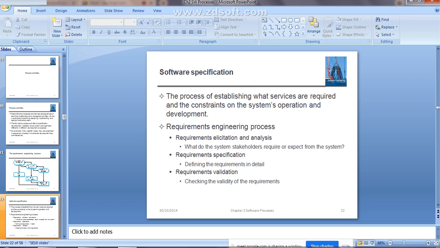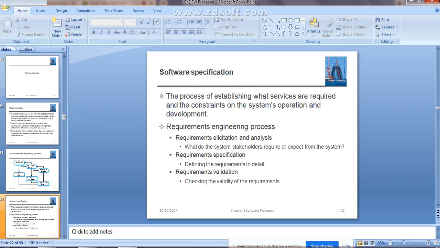It is going to estimate whether the user needs you have already identified, the user requirements, are met by using the current software and hardware technologies or not. That is the feasibility study. Then the second one is requirement elicitation and analysis. By using this one, what does it do? What do the system stakeholders require and expect from this system?